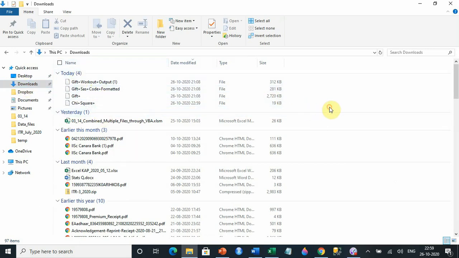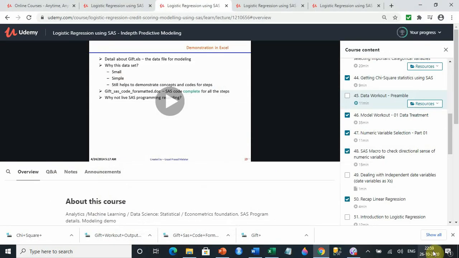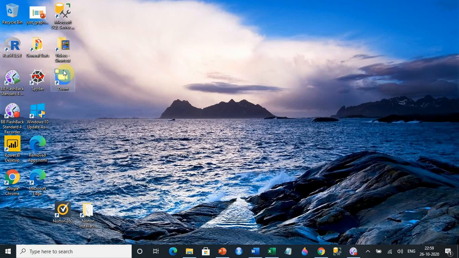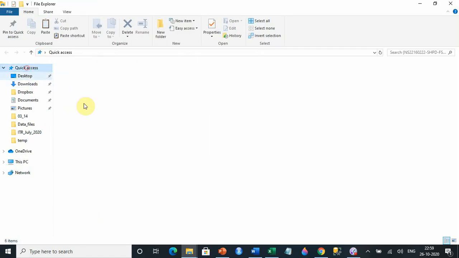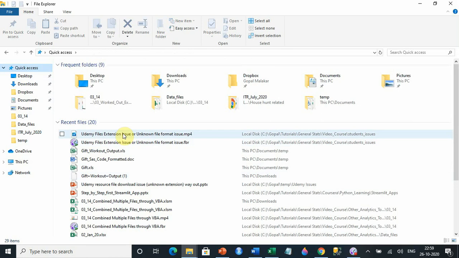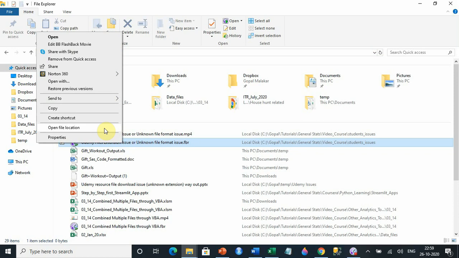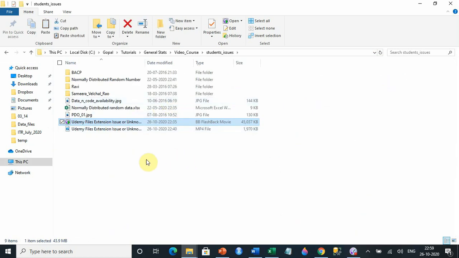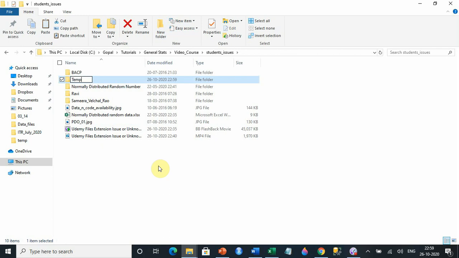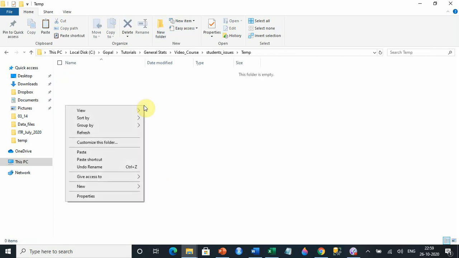Now what I'll suggest is that you take all these files, go to one folder, and copy and paste everything into that folder. I'll just make a temp folder here and put all these files here.